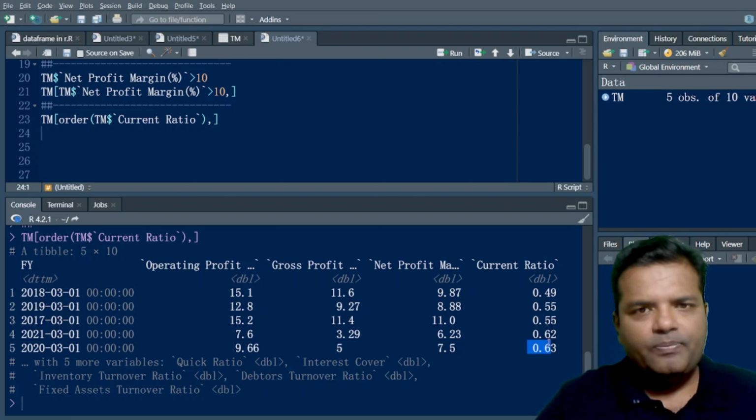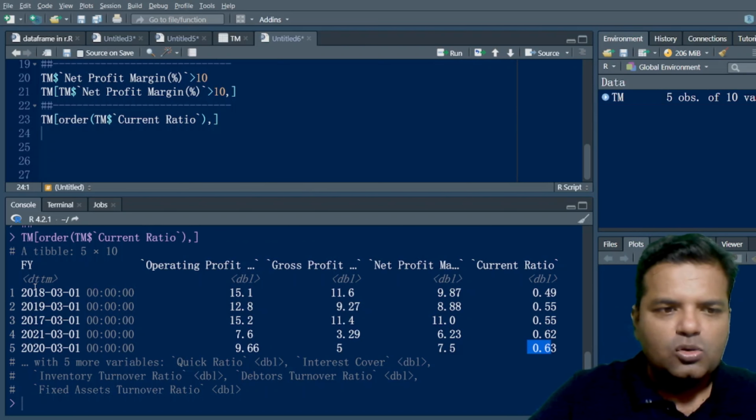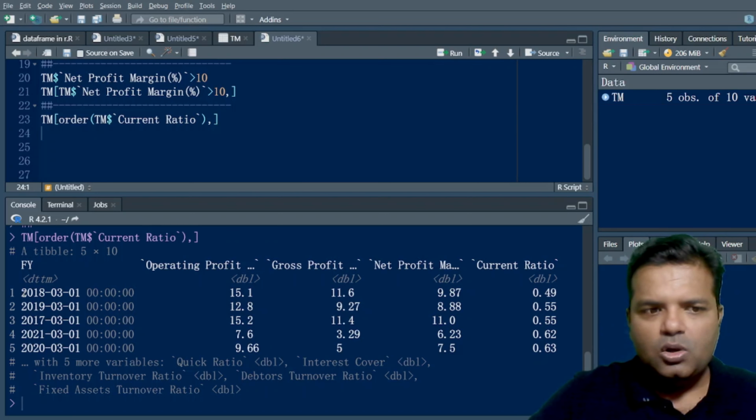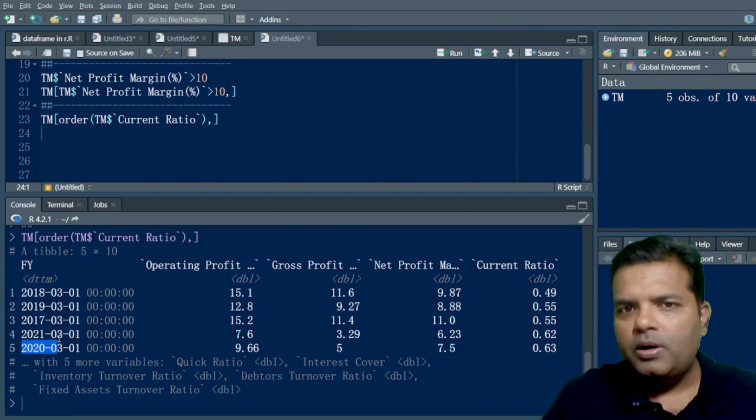So in this way my data is arranged in the increasing order. Also my financial years are changed: 2018, then 2019, 2017, 2021, 2022. So my entire data is changed and it is arranged as per the increasing order of